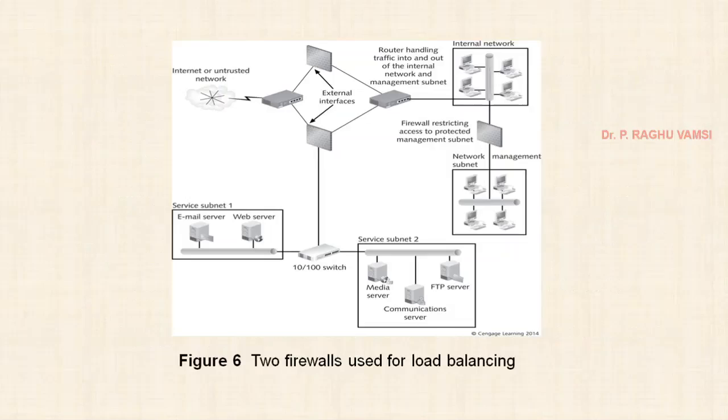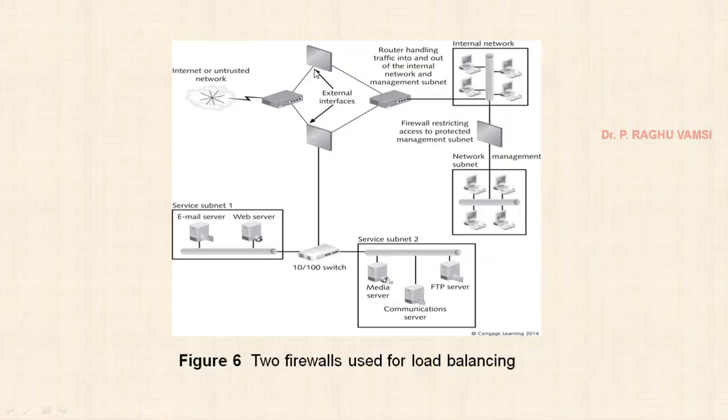So you look at here. This is one more architecture. Here from the internet you are getting the traffic, which is untrusted traffic. The first router is there, which is going to screen this traffic. Then it goes to the firewall. This is called the external interfaces,